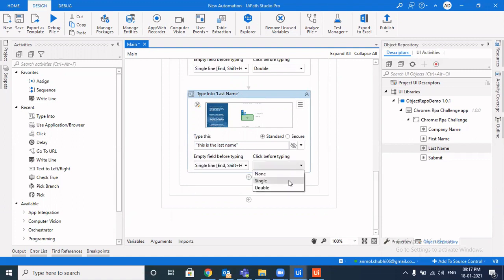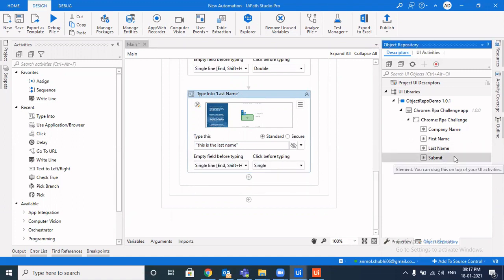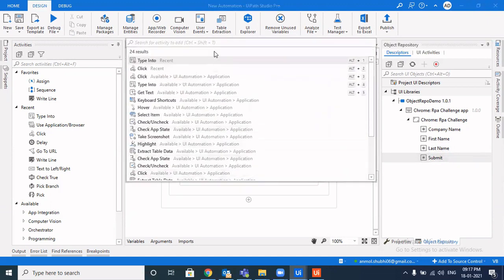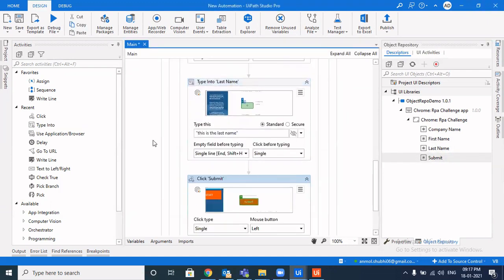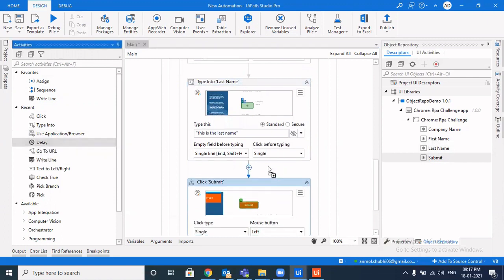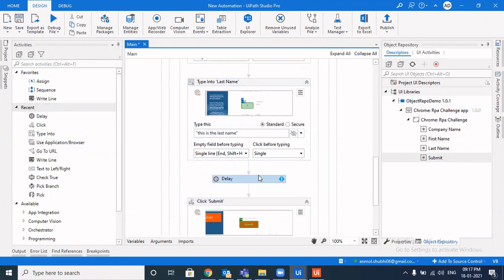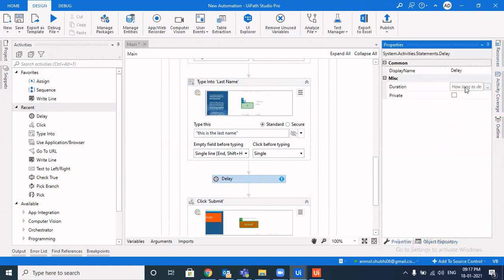Though this would be typed in email, because that's the bug that we have intentionally introduced, to actually see what help the object repository does for us. And let's also bring in a delay so that we can actually see the processing. Otherwise it's so fast that we would not be able to see it. So let's bring in a delay of 2 seconds for us to really view it. Let me publish it.